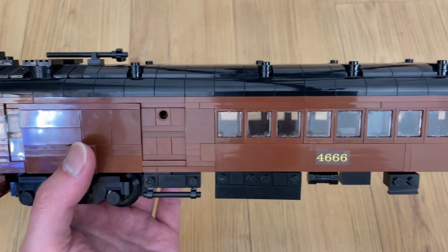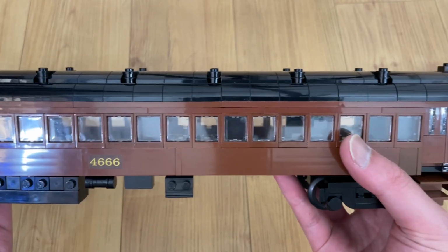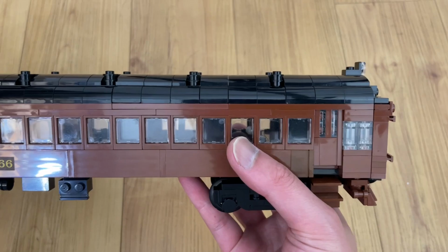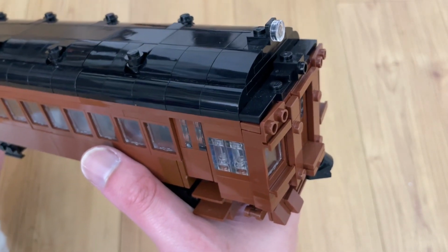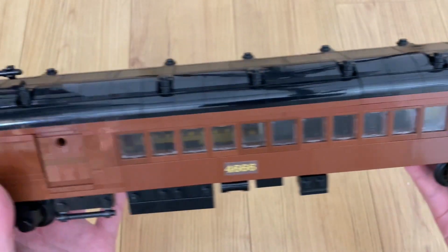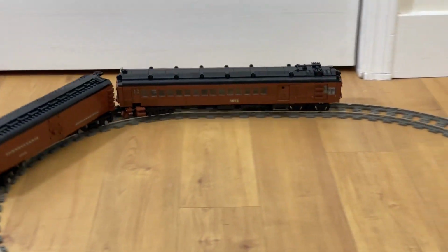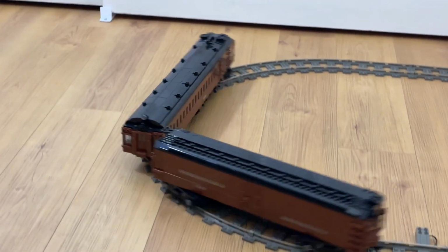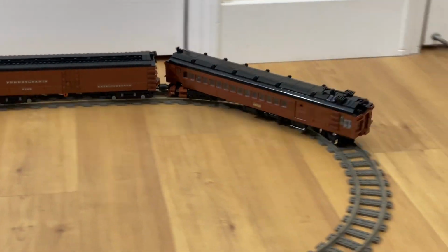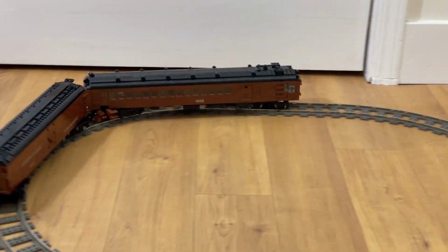I always forget I have this model, but I finished my PRR Doodlebug in June of 2022. I originally built it to test a purist flywheel mechanism and to make a design build tutorial, neither of which were very successful. I do like the actual model though, and it gives me another unit to run with train